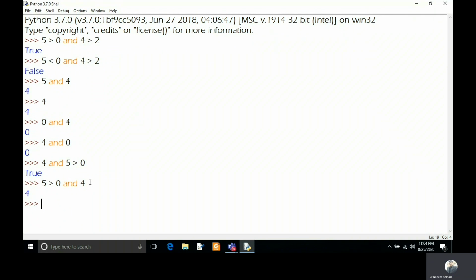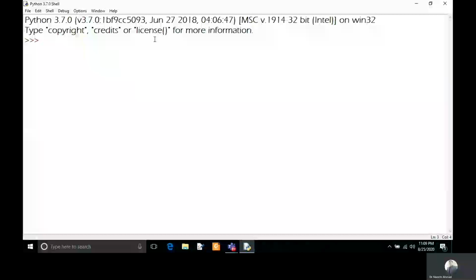Let's move to discuss the OR operator. Logical OR also combines two conditional statements. You can see here, like the AND operator, 5 is greater than 0 OR 3 is greater than 4. The definition of the logical OR operator says if any of the conditional statements is true, then it will return true.